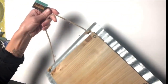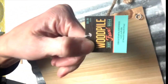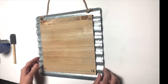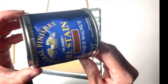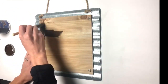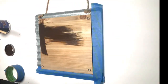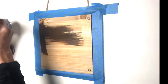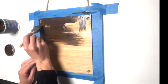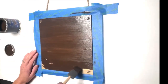So then we found this board from Hobby Lobby. It was about $5 after the 40% off, and it has a galvanized back with the wood on top. And using some antique walnut gel stain from General Finishes and a foam brush, I started to stain my board, and then I forgot to tape around my edges so I wouldn't get any of the stain on the galvanized metal. So I did that quickly, and then I finished applying the gel stain on top of my wood,